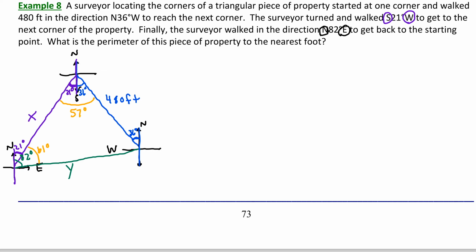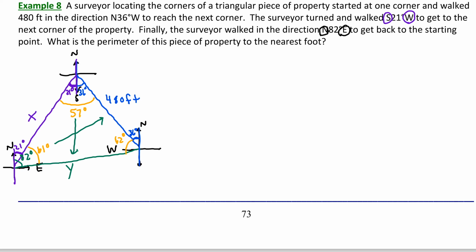Now we know that the sum of the angles in a triangle is 180 degrees. So if we subtract 57 and 61 from 180 degrees, that's going to give us this remaining angle of 62 degrees. Because we know one angle and its opposing side, we can use the law of sines to determine this